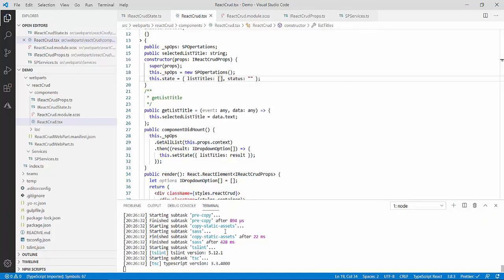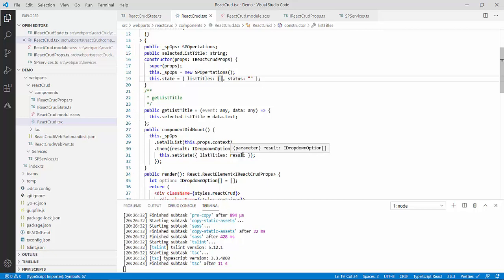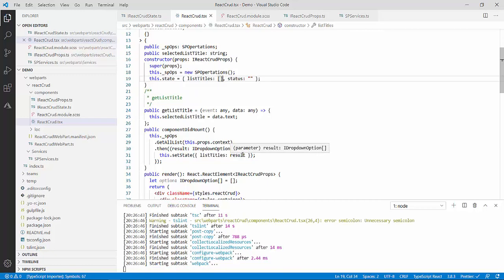So now I should not get an error, and we will go to the browser and see the result for this, and then we will see a few small things if required. After this create is completed, we are left with the update and delete. So what I will do, I will cover the delete first, and then I will cover the update.